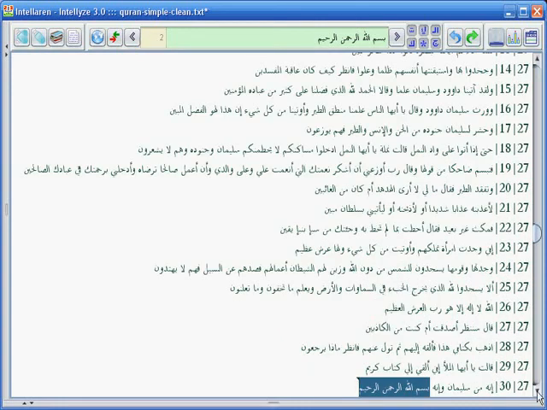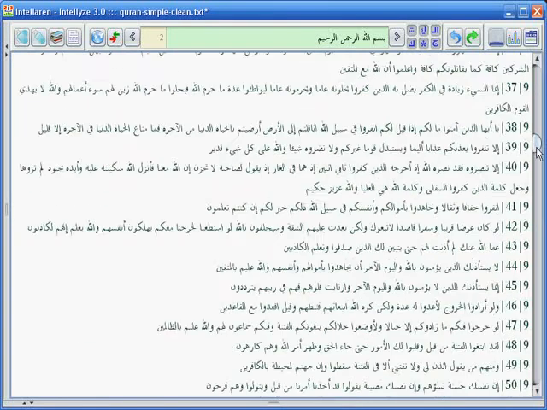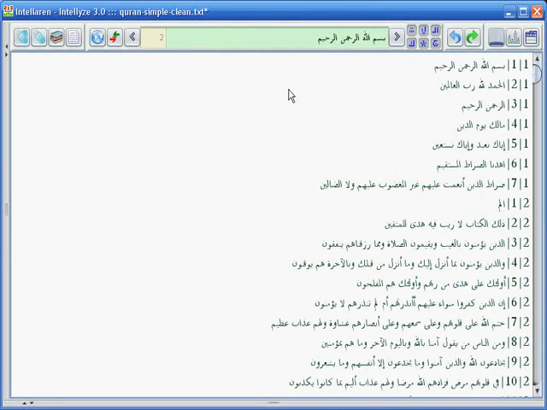The second occurrence takes place at verse 30, Surah 27, which is Surah An-Naml. The verse says, "Innahu min Sulaymana wa innahu bismillahir rahmanir rahim." However, it correctly didn't get matched and removed like the others, since the word Bism here is not preceded by the vertical bar, and the word Ar-Rahim is not followed by space, as is the case when Bismillahir Rahmanir Rahim is used only as an opening phrase.